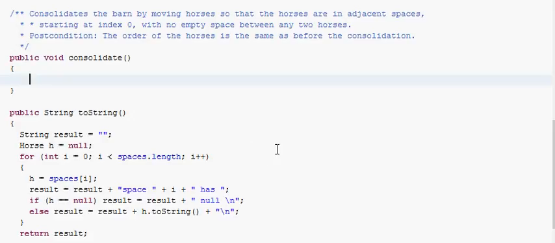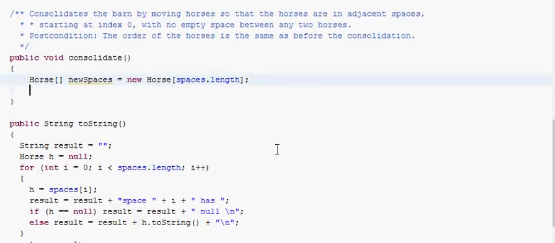So we want to begin by having a new spaces array, and one of our post conditions is that the array is of the same length as it began, so we need to specify the length here so that we still have the same size array. Now we want to loop through the spaces array looking for horses